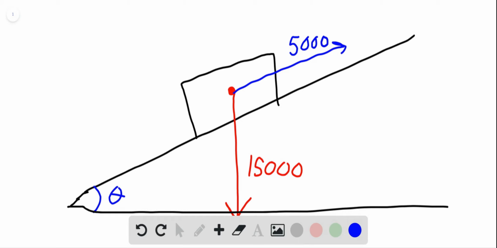So, let's think of what this 5,000 means. If that's what's required to push the box up, what that force really is, it's really fighting the component of gravity that's pulling the box down the ramp. Because you can see, we can split this into a right triangle where we have the green component pulling down